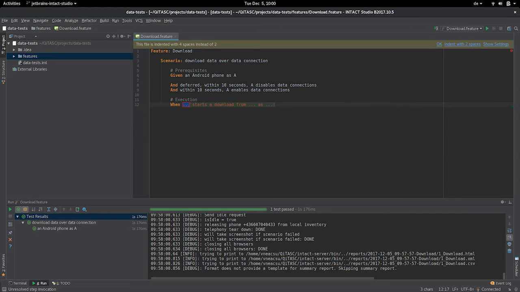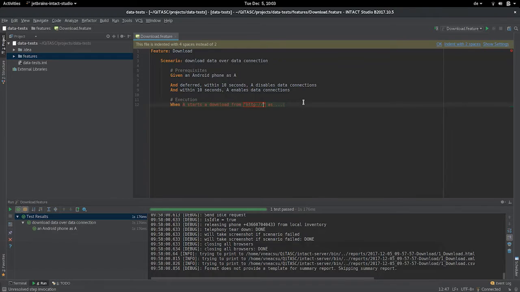from. So when A starts a download from, what I need to put here is a URL from where to download our data. It can be whatever, like http google.com, which will just download the HTML page there. But for this purpose, we have a dedicated service that provides us, we can specify exactly how much data we want to download from there. And in this case, it's